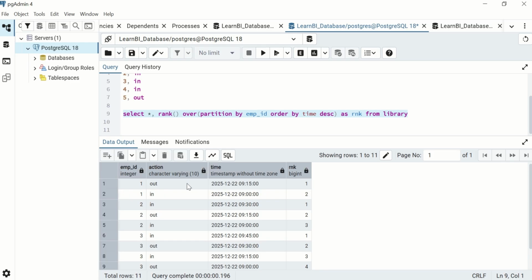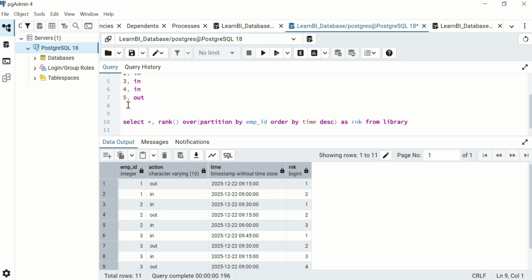On the latest time the action is in, that means the person is still inside the library. So he has not moved outside the library. So we're going to filter using the action in, and the rank should be 1, because 1 is the position for the latest time. So for that we can just use a CTE and say with,